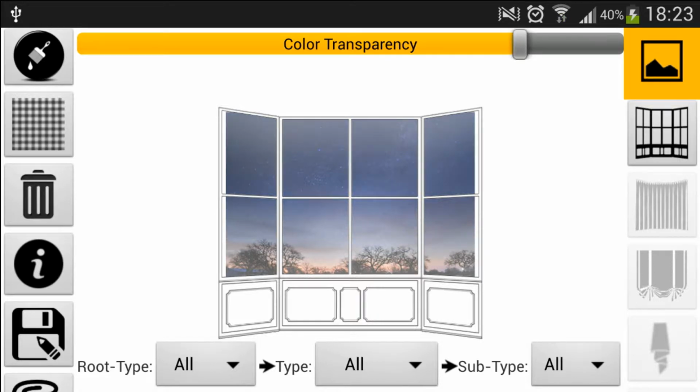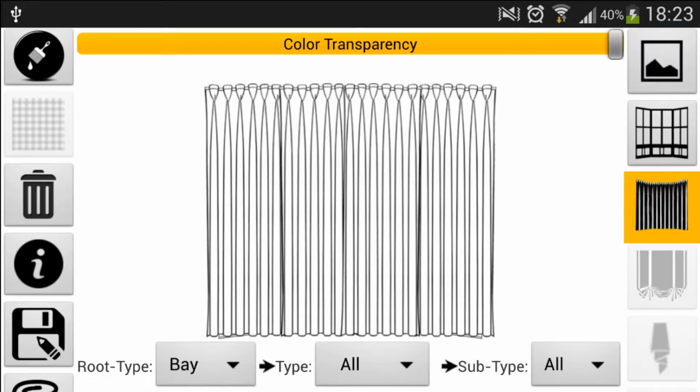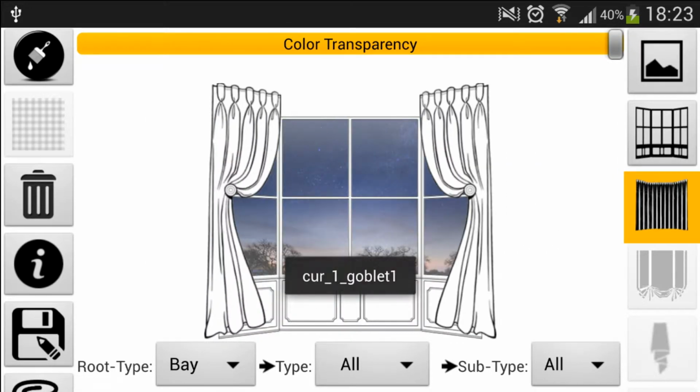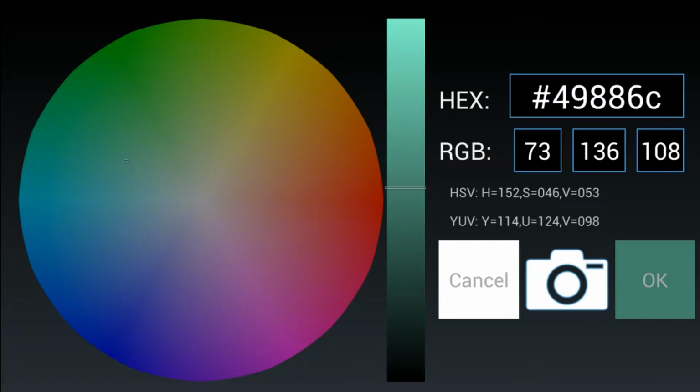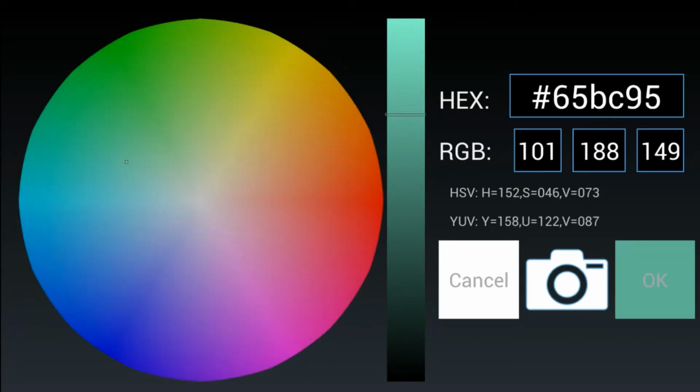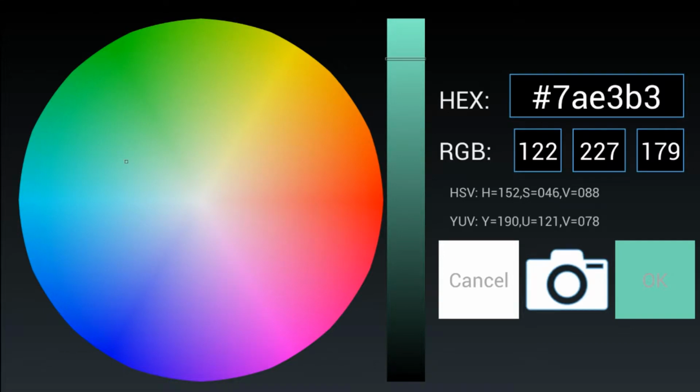We just press and switch the transparency we want. To every object we can apply colors, let's say to the curtains. Let's change it to open and let's press on the color palette. From here we can select any color. In the middle the bar is for making it darker. We can also change the hexadecimal manually through keyboard or through RGB.